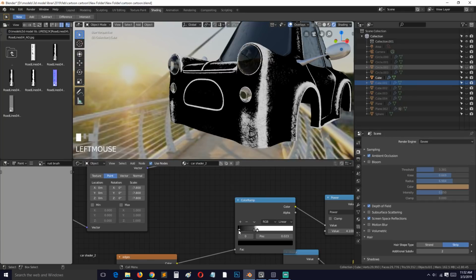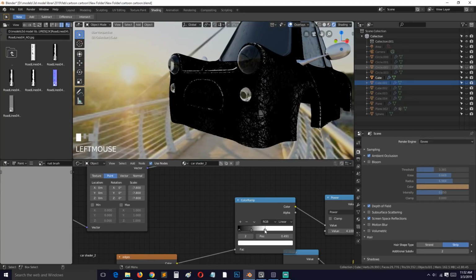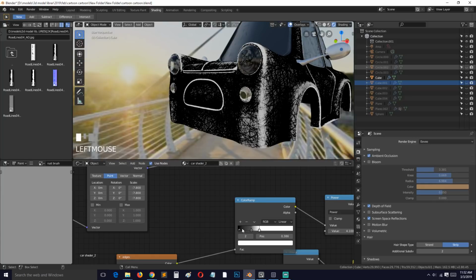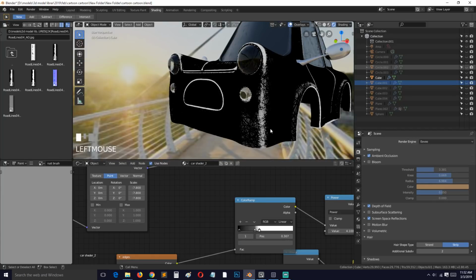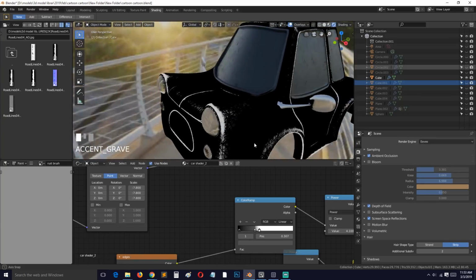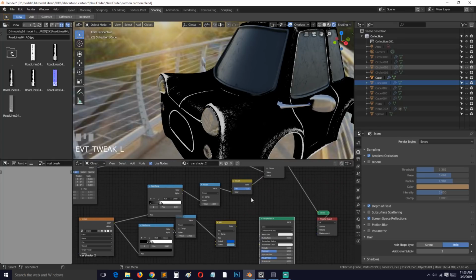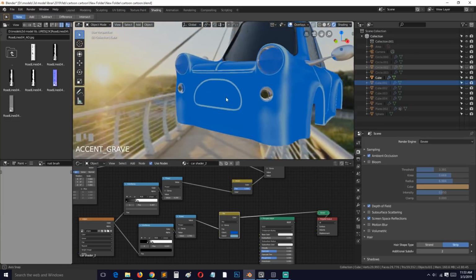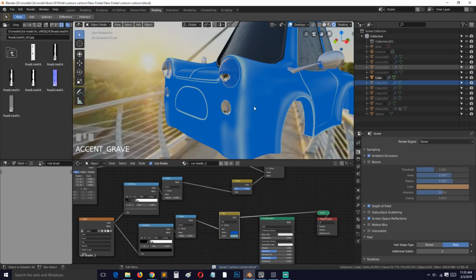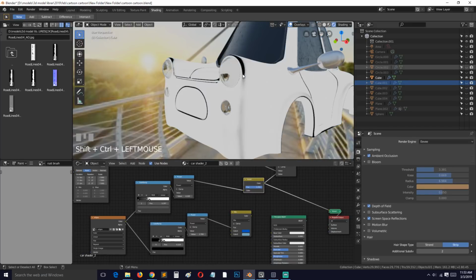Play around with the contrast of this and see. So right now this is how our worn out paint looks, but we wanted to have more scratches in it,